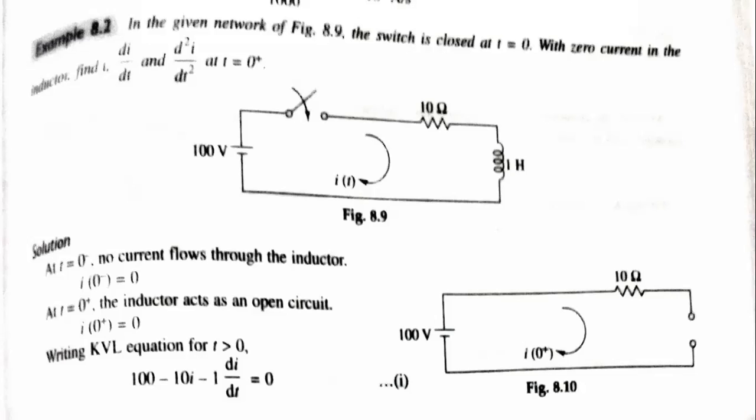The circuitry is shown in the numerical, that is R and L, nothing but the resistor and the inductor both are there. Previously the capacitor was here, now here is the inductor along with the resistor. So the RC numerical we have solved, now the RL numerical we are going to solve. The switch is there, the current is flowing and the voltage is across